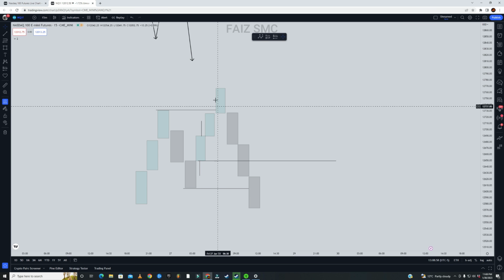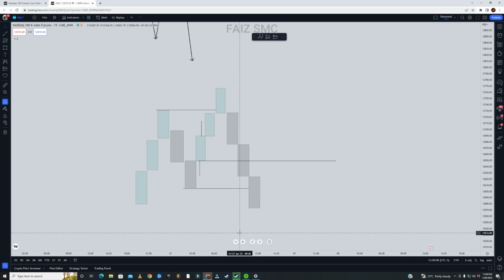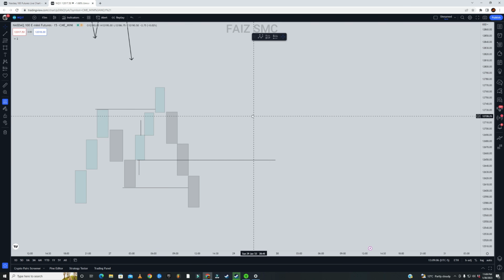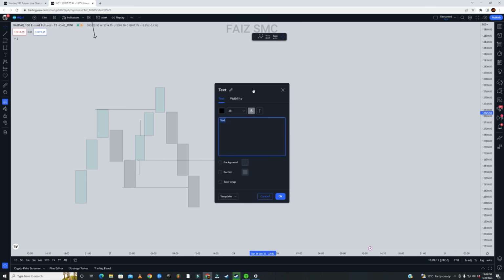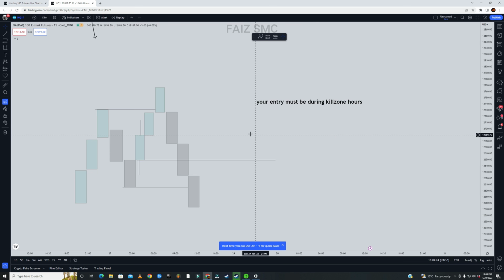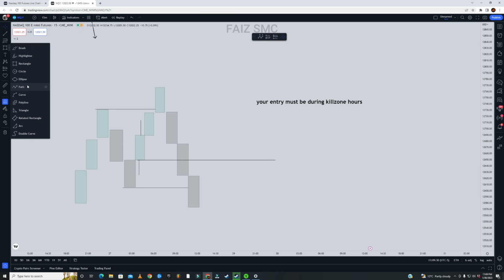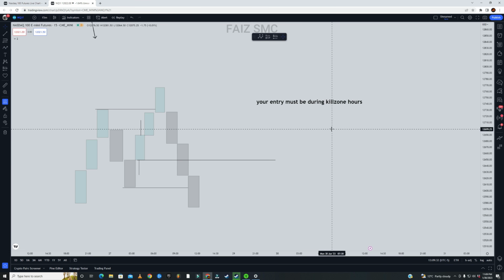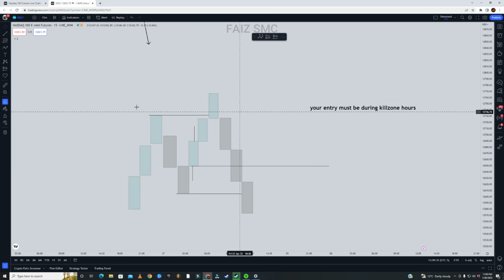It has to sweep out some sort of liquidity, and then you get the market structure shift, and then it plays out. Very, very simple. So there are a few key things that you should note: your entry must be during kill zone hours. It could either be during the London session or the New York session. And also a plus point is that you know the high time frame order flow. And the liquidity sweep happens in a,